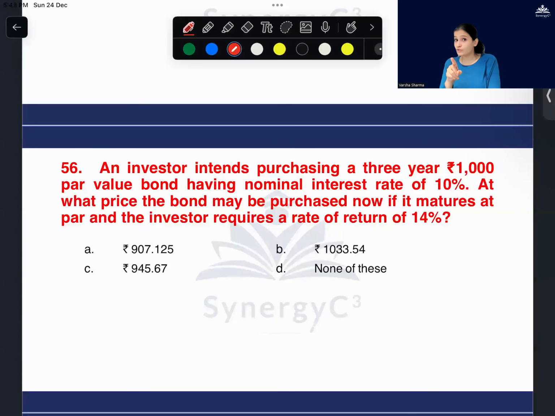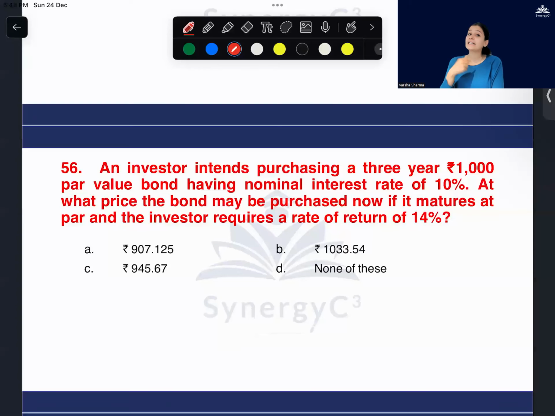So my bond is marked at 1,000 rupees. And I'm going to get an interest of 10% for how many years? For 3 years, because it is maturing after 3 years. For every year, I'm going to get 10%, 10%, and 10%. Agree? So every year, how much amount am I going to get? 100, 100, 100. Yes or no?